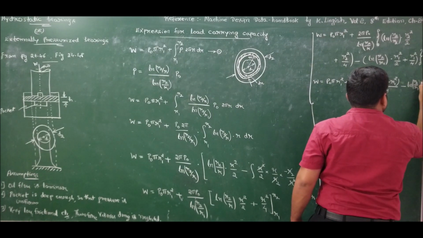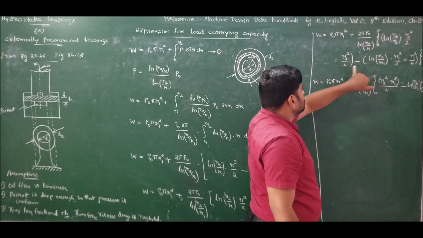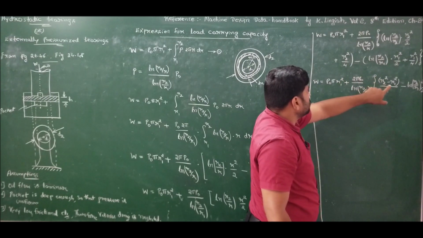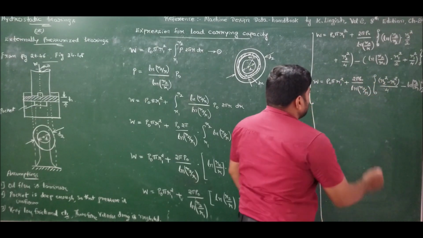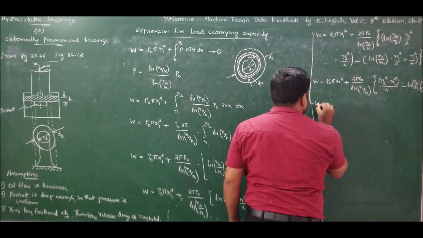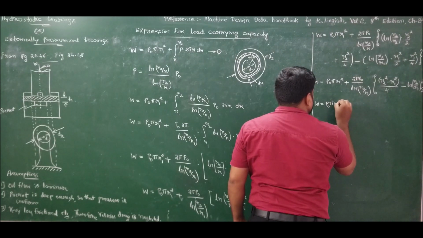R1 square by 2, ln of R2 by R1, times R1 square by 2, minus... So this minus this, I have LCM 4. So therefore I wrote it as R2 square minus R1 square by 4. Now multiply this individually to these two terms. So I will get P naught pi R1 square